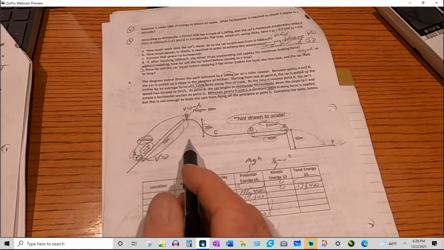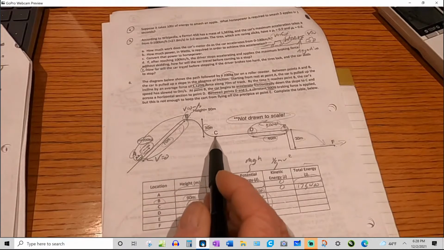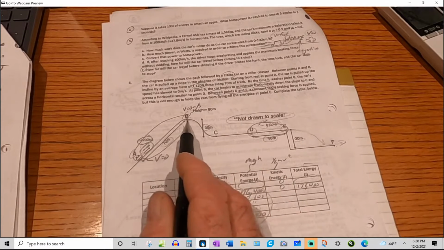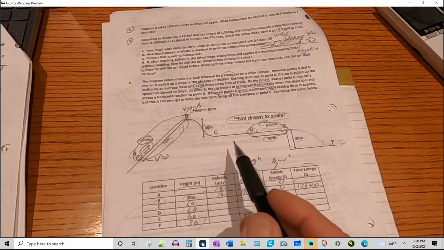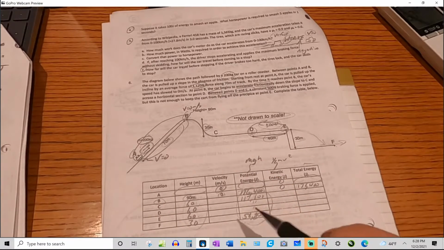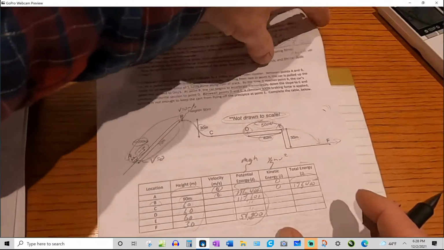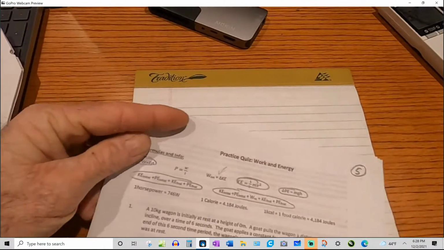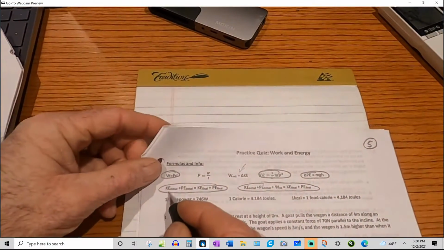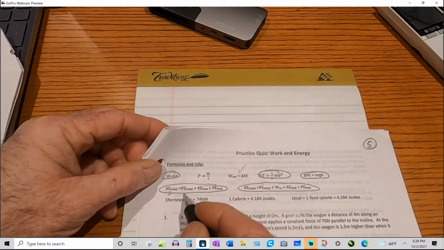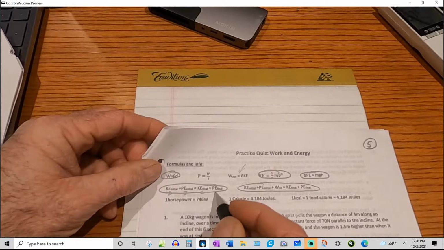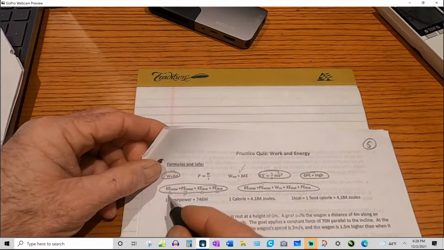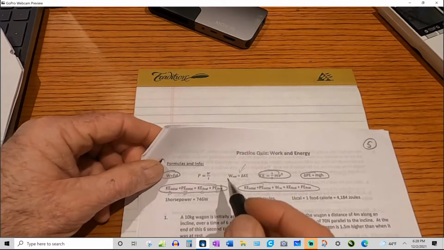Now, as I said earlier, since there's no friction between B and C and D, the total energy is going to be the same here. There's no energy loss. And I could go through the steps of writing this out. I could say the kinetic energy at B plus the potential energy at B equals the kinetic energy at C plus potential energy at C. And I could plug in all these values and I could solve, but